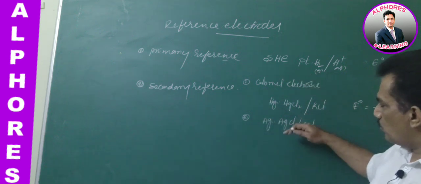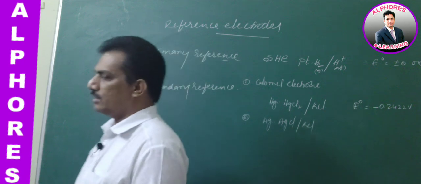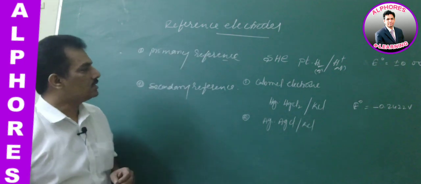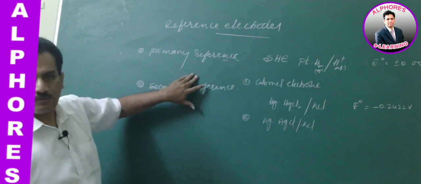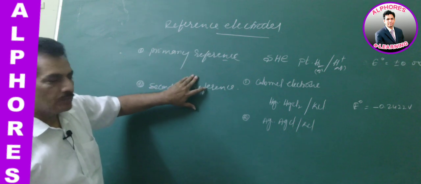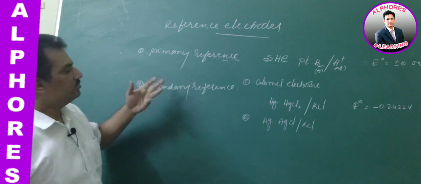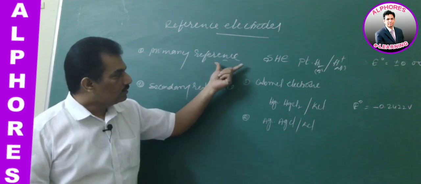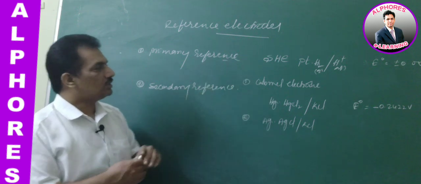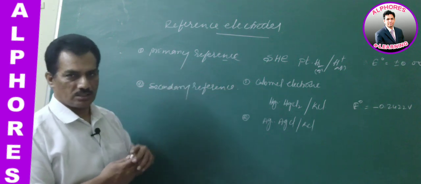And sometimes they will ask questions related to these two in two different manners. One is, when there is a primary reference, what is the purpose of going for a secondary reference, and why is it necessary to move to a secondary reference. Just simply remember, for hydrogen, first of all, you should have an idea about the construction of the hydrogen electrode, then we will discuss these logics.